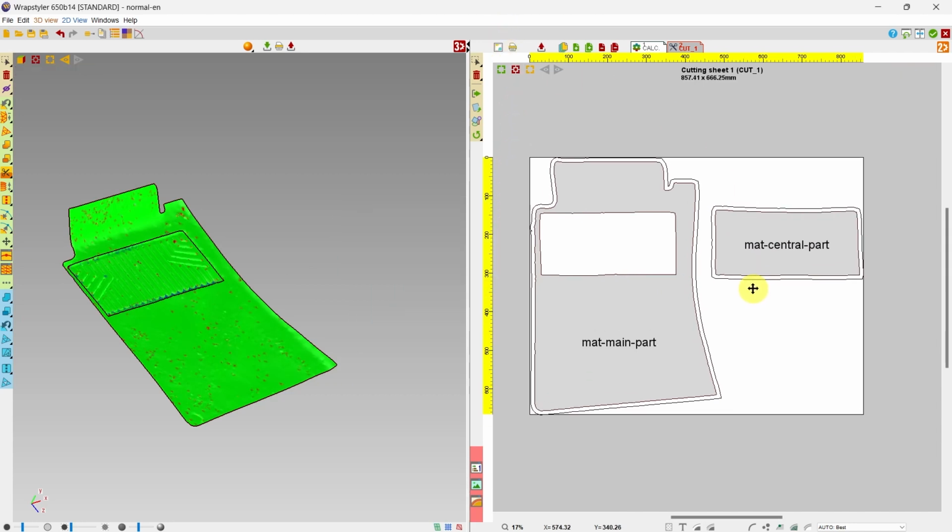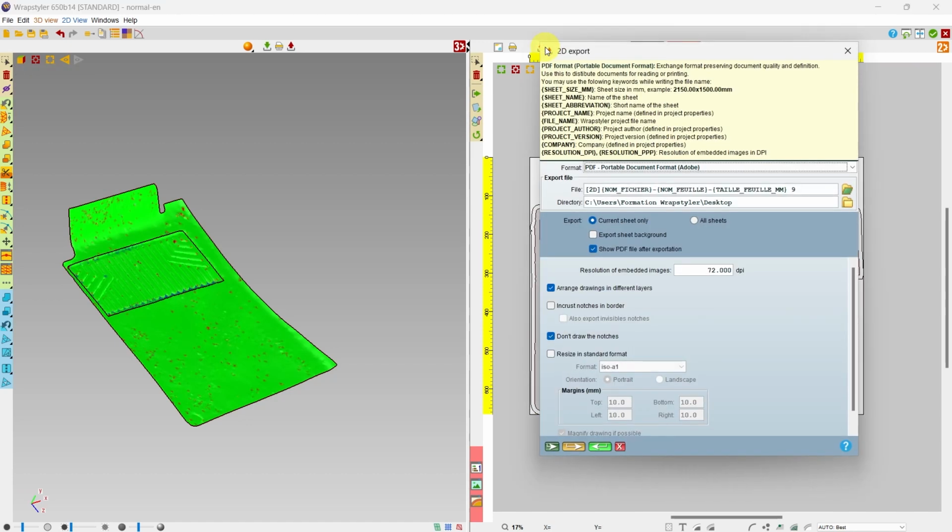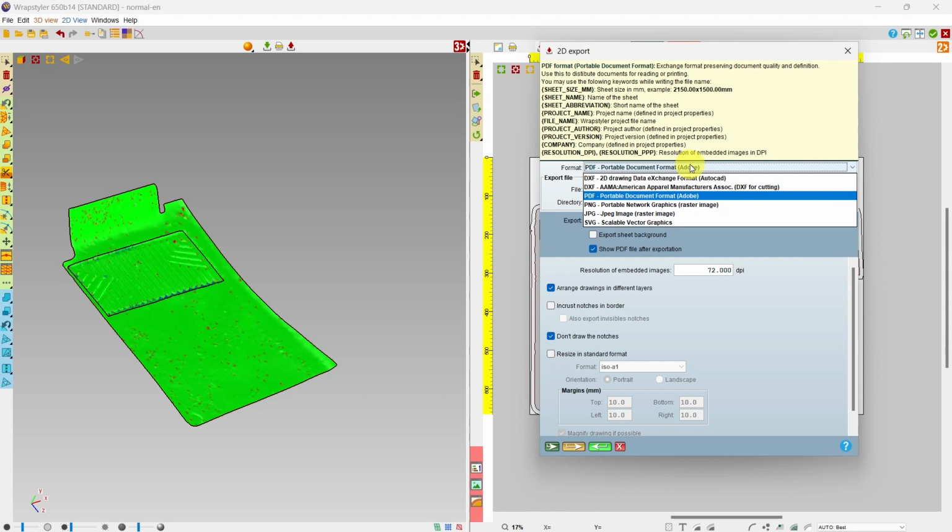Then we can export. Most of the time, our users prefer to use either DXF AAMA, which is a standard format used by cutting machines, or simply PDF.